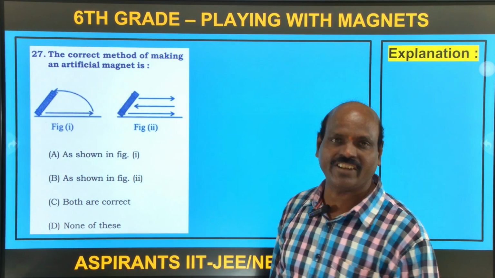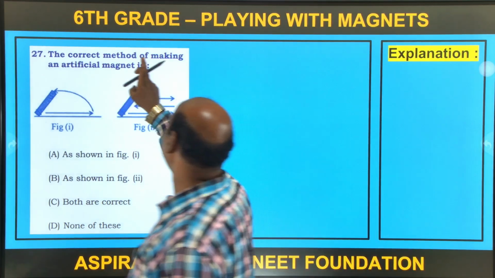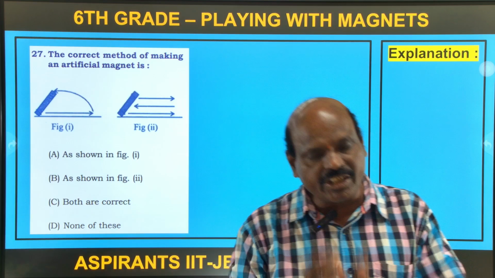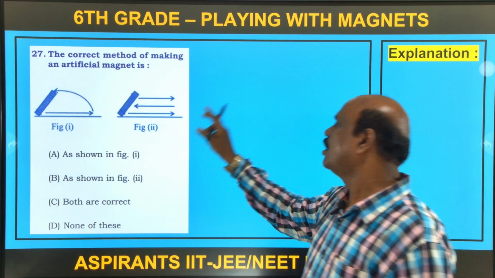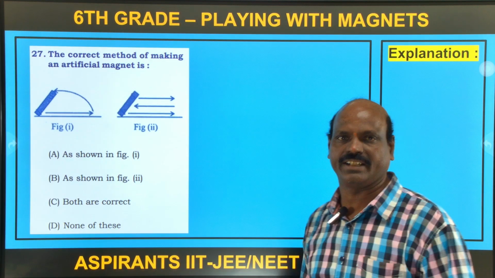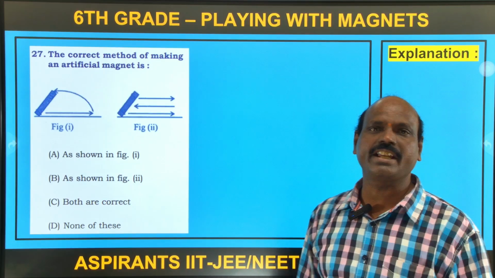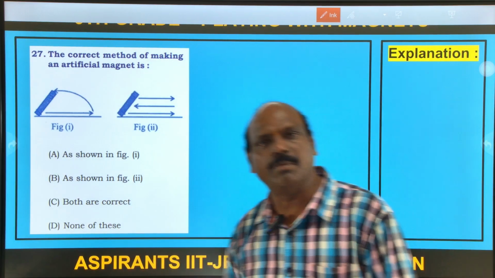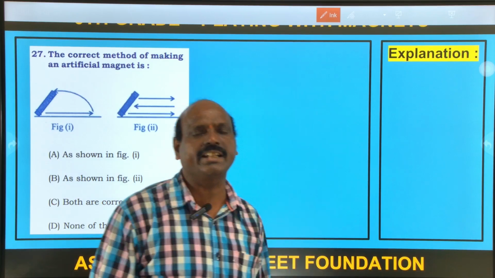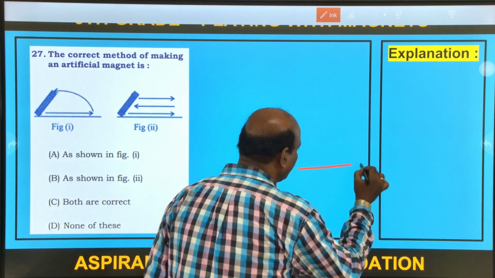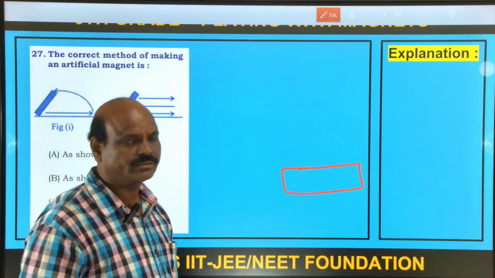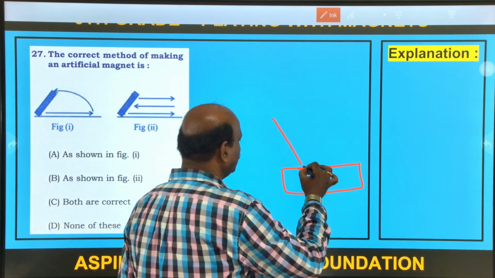Next, question number 27. The correct method of making an artificial magnet. Which method will help us in these two diagrams to create an artificial magnet? Whenever you are making an artificial magnet, you have different methods like single touch, double touch or electromagnetic, etc. So if you take, this is one magnetic substance, and if you take, this is